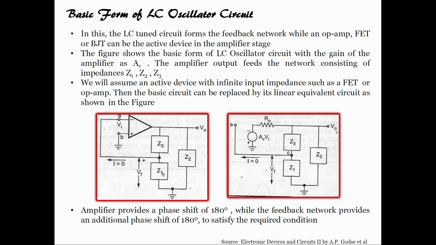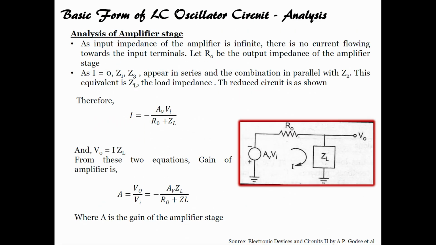If I want to replace this by a linear equivalent circuit, I can draw it like this. See, its input impedance is infinite, and the amplifier provides a phase shift of 180 degrees because we are applying the signal at the inverting terminal, while the feedback network provides another phase shift of 180 degrees. So, the feedback network that we will be using will provide another phase shift of 180 degrees to satisfy the required oscillation, that is, the total phase shift should be 360 degrees. So, if we analyze this amplifier stage,